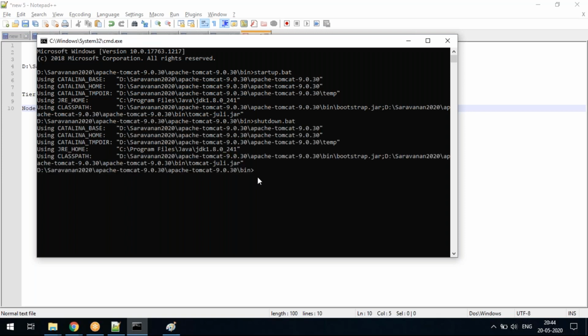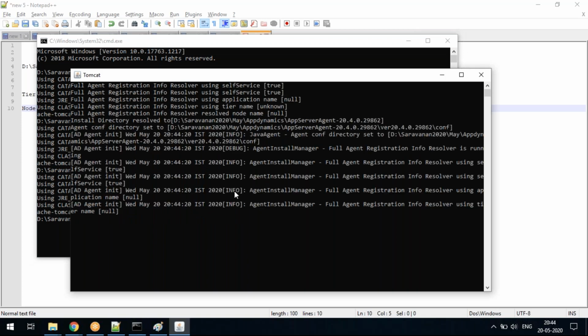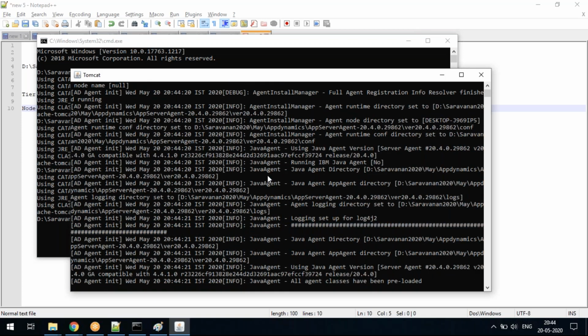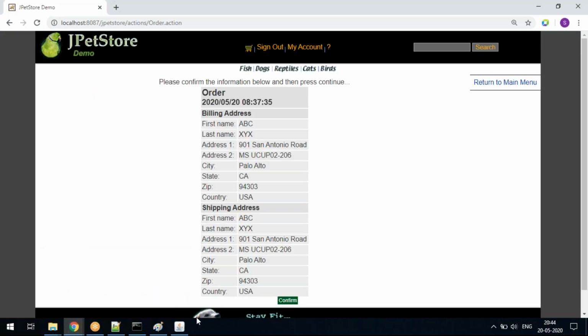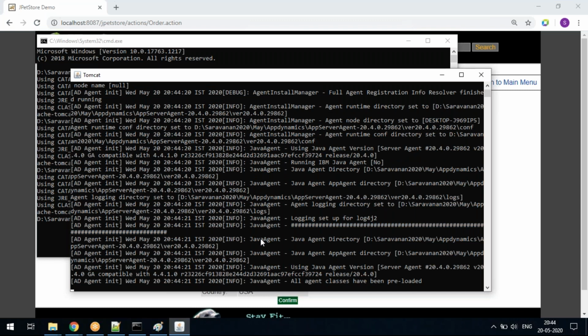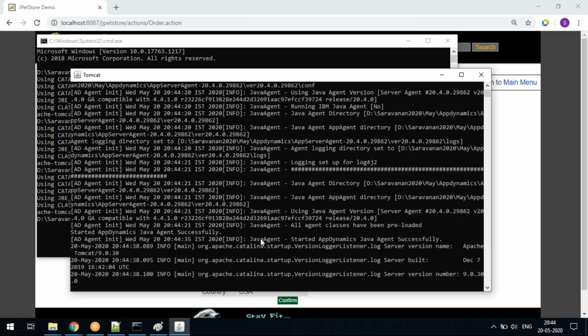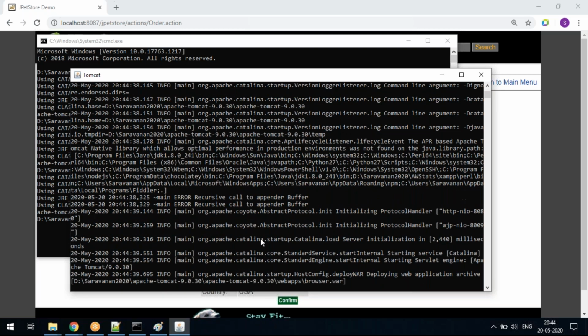First I have to shut down, and then start the server again. Let it start. I told you yesterday also, you have to wait for some time, let the entire server start properly, and then only launch your application.